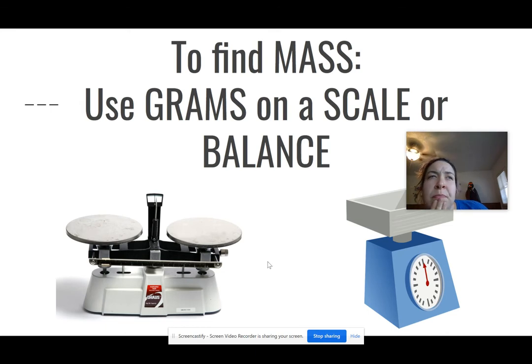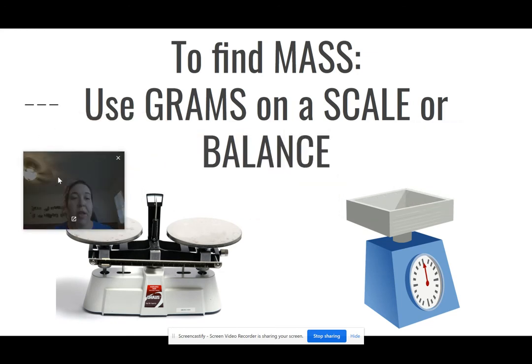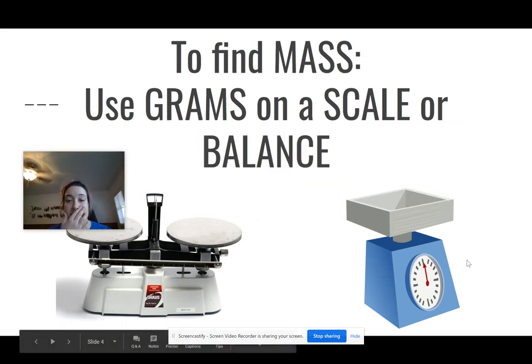Feel free. Okay, for those of you who are tired of watching me look confused and touch my face, then I'll tell you. Basically, you put one object on one side, and then on the other side, you put weights. And so you can see how many weights it takes to balance it out. And then you know this object weighs this much. We will also use this little guy over here, and that's just called a scale.